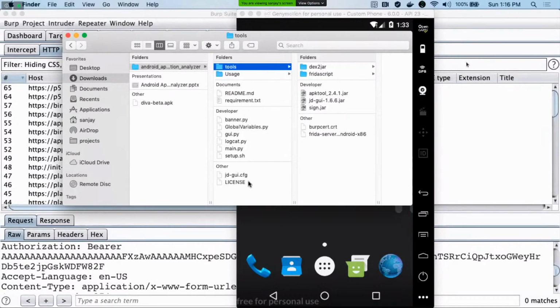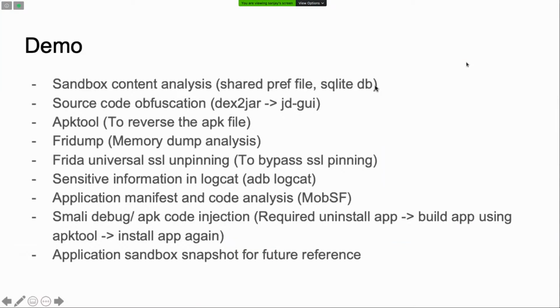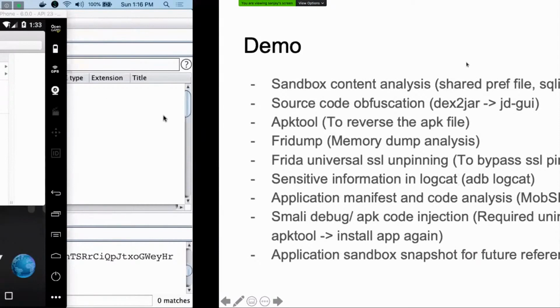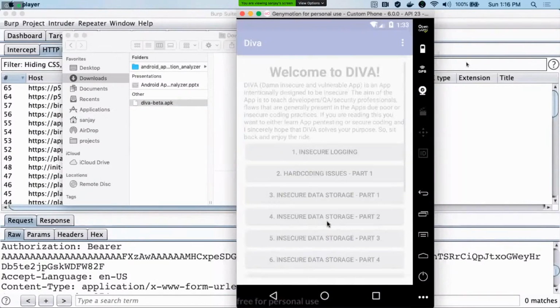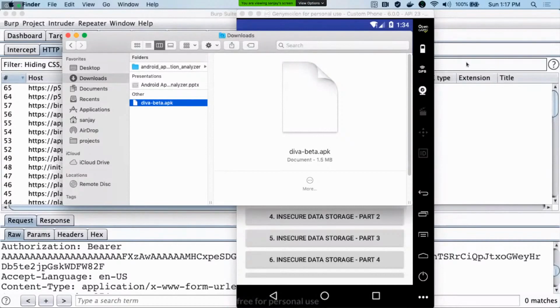Let's start with the sandbox content analysis, like shared preference files and SQLite DB. For demo purposes, I'm using the Diva Beta APK. Let me install it, and let me run this tool.